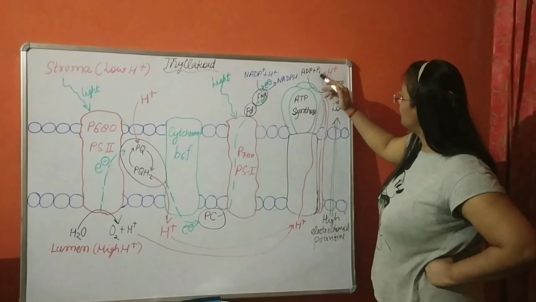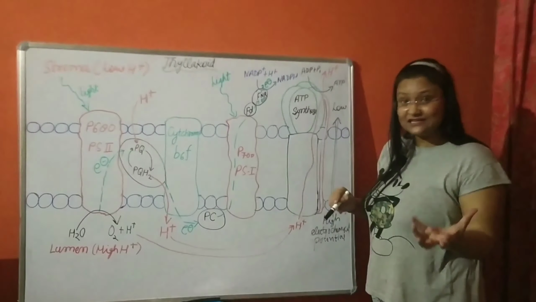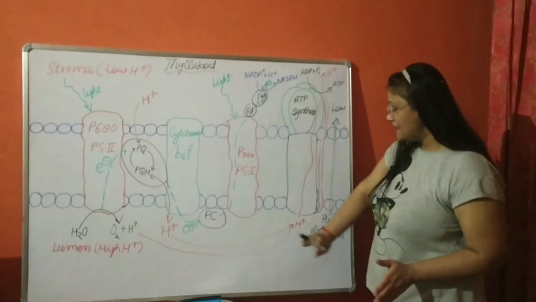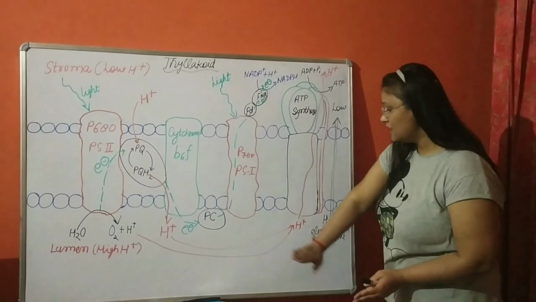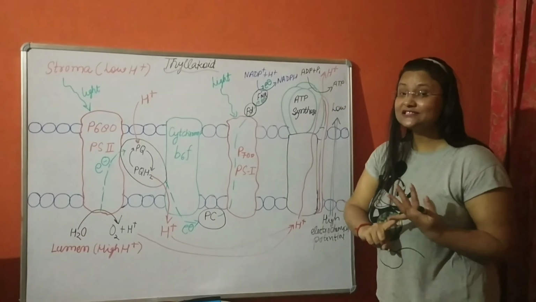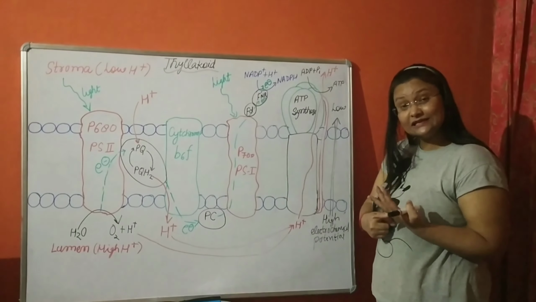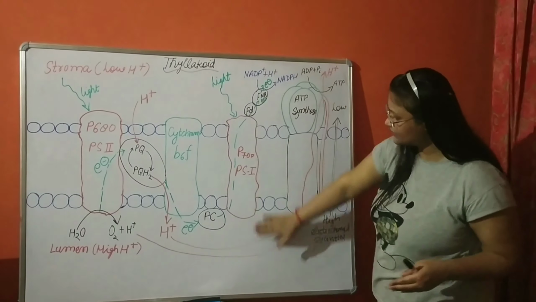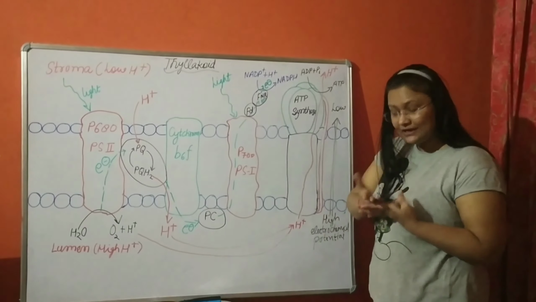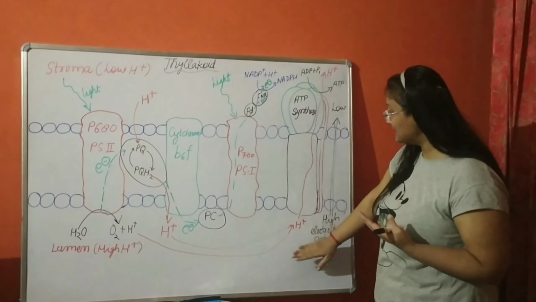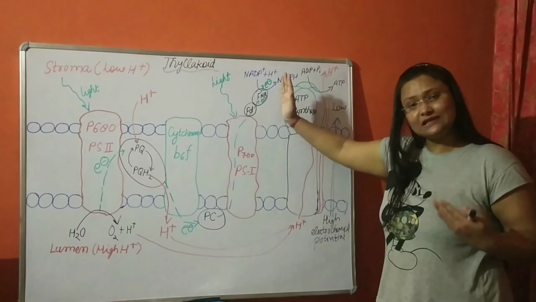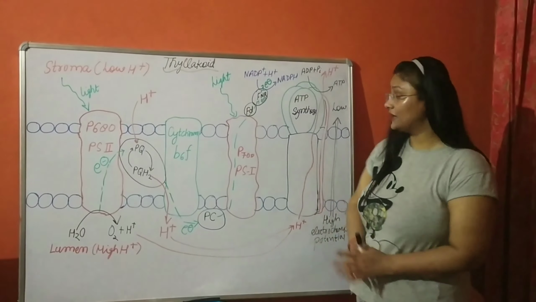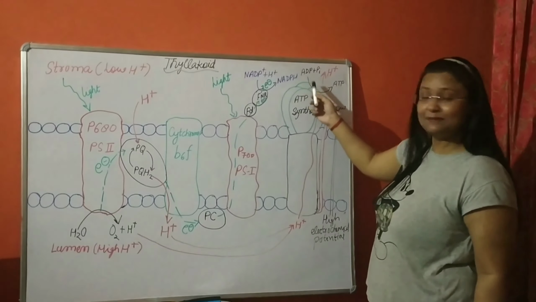So from here it will move here, and because of this free energy will be generated. Movement of H plus will generate free energy, because when the movement is passive, like from high to low gradient, that time energy is not utilized. Energy is generated. If we move H plus from here to here, then we will require ATP. ATP will have to be used. But here, since the opposite is happening, H plus is moving from high to low gradient, which is a natural phenomenon. So rather than being utilized, ATPs will be formed.